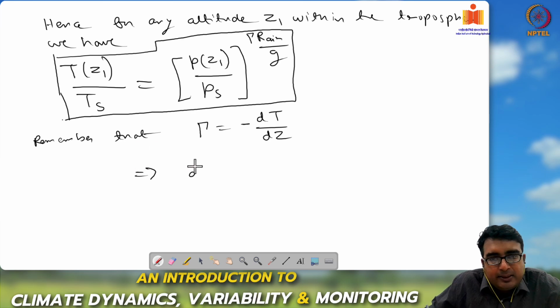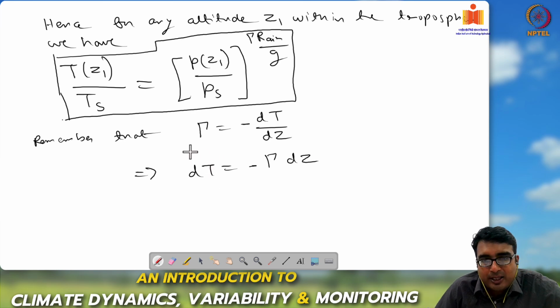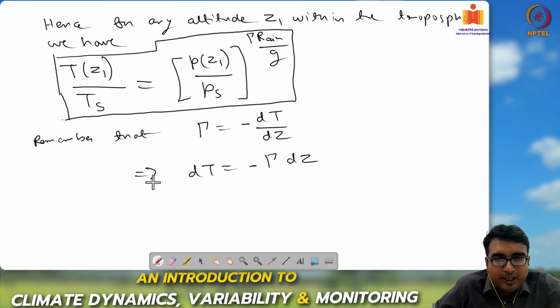This implies dT equals minus gamma dz. Since gamma is a constant, we can integrate this term as well from z equals 0 to z equals z1. So integrating